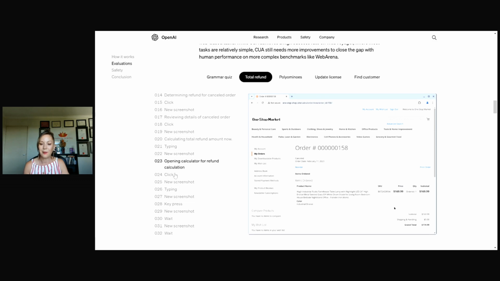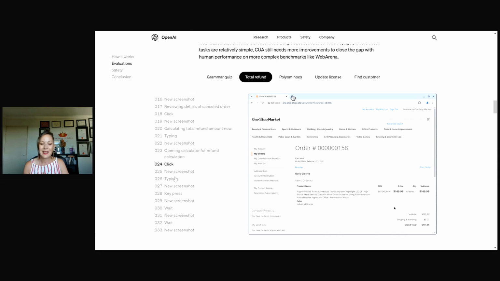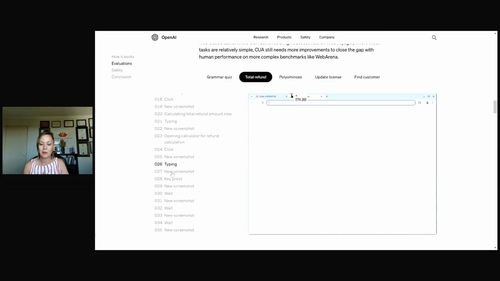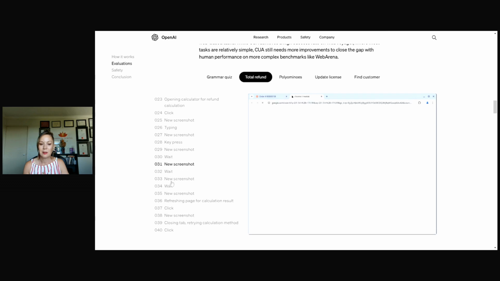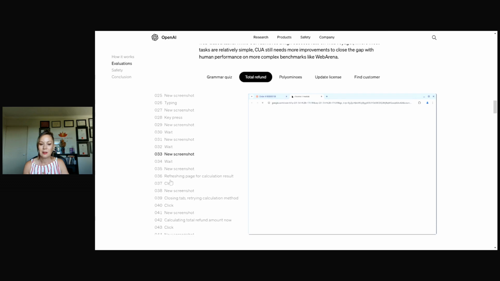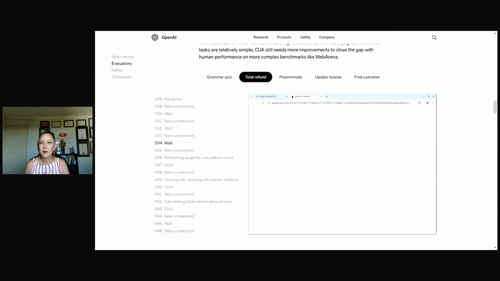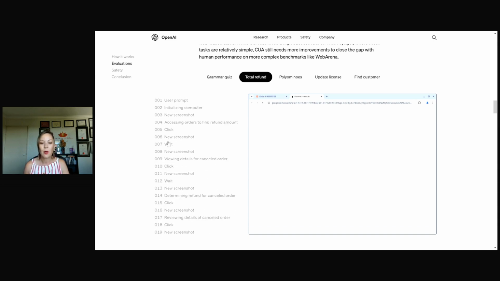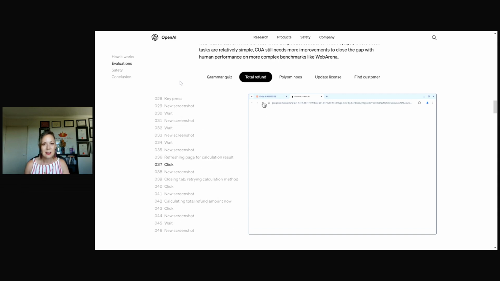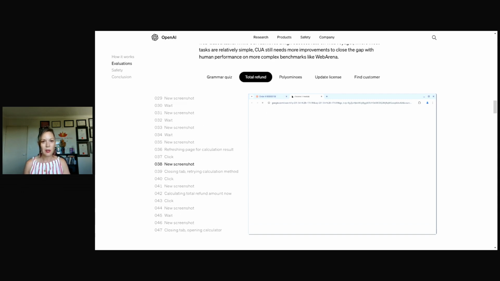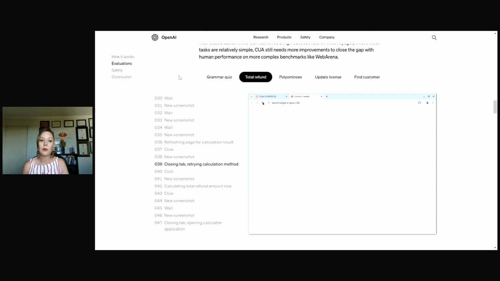So it looks really clunky the way that I'm doing it here, but you can imagine in real time, because this is just a series of screenshots as to what it's actually doing. It goes through every single action that you would do automatically. So that's exciting when you think about what that can mean in terms of time efficiency, but also people who need that assistance with using the computer, because the AI can actually do it for them.